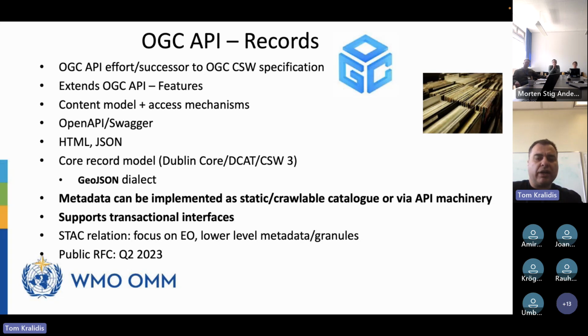We have a core record model, or a building block, which is this GeoJSON dialect, and I walked you through some of the core elements in WCMP2, which implements the OGC API Records core model. I should make clear that WCMP2 only adds one additional element to the OGC API Records model. The other thing that it does is make various things that are optional in the OGC API Records model mandatory. So in that sense, it's a profile,